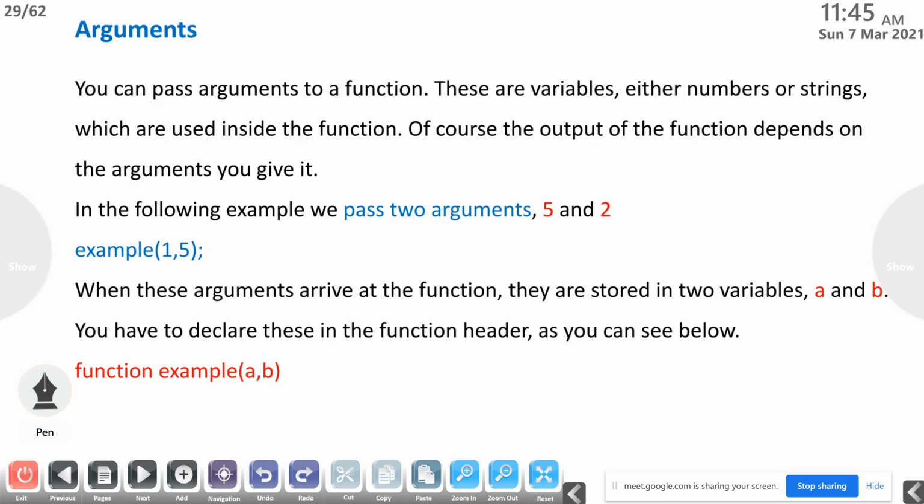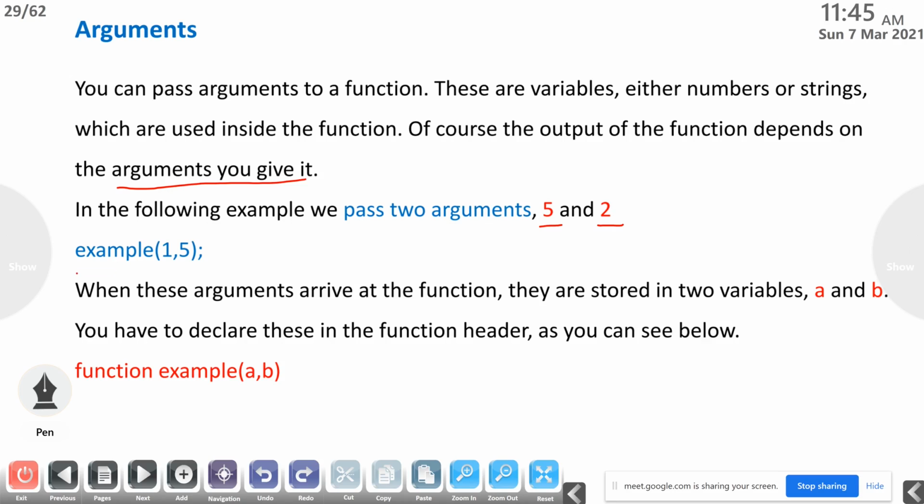And the values that we passed to the arguments will be used inside the function. Of course, the output of the function depends on the arguments you passed. In the following example, we passed two arguments. That is, in the first example, we passed the values 5 and 2.